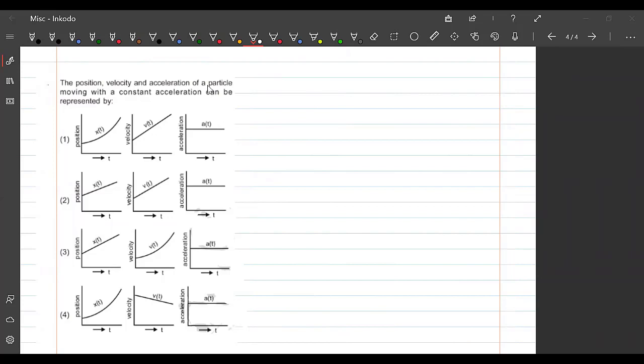Hello students, we'll see another JEE Mains problem today. In this question, the position, velocity and acceleration of a particle moving with a constant acceleration can be represented by